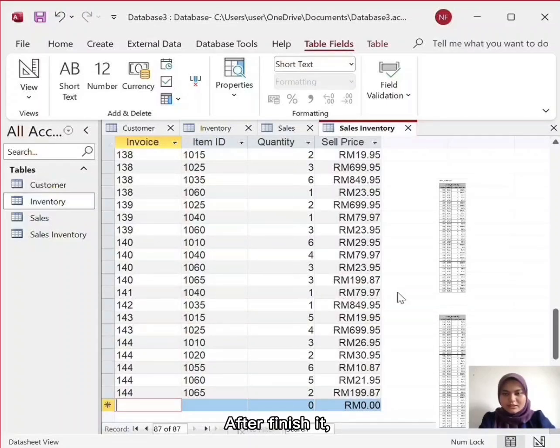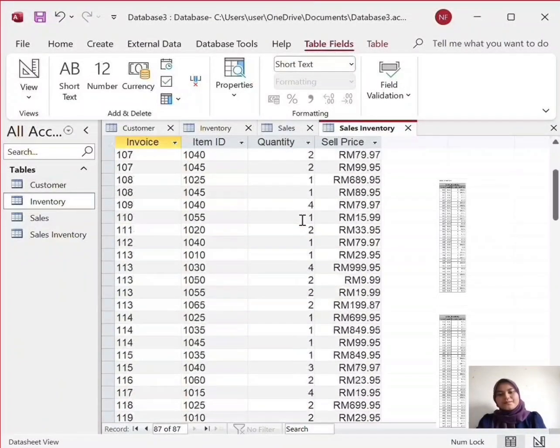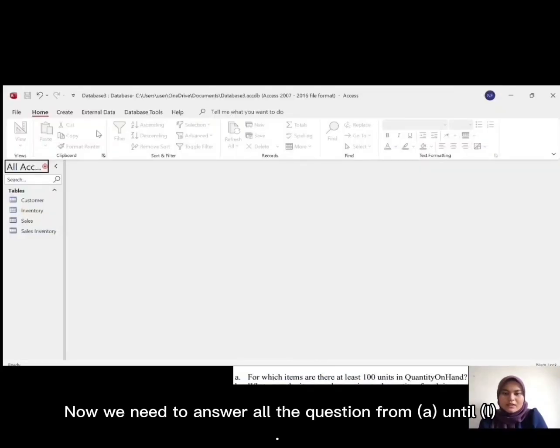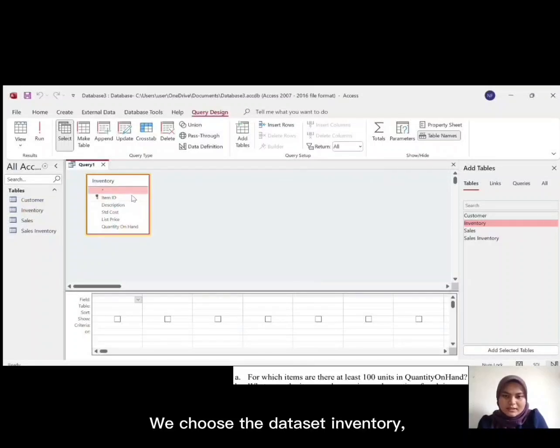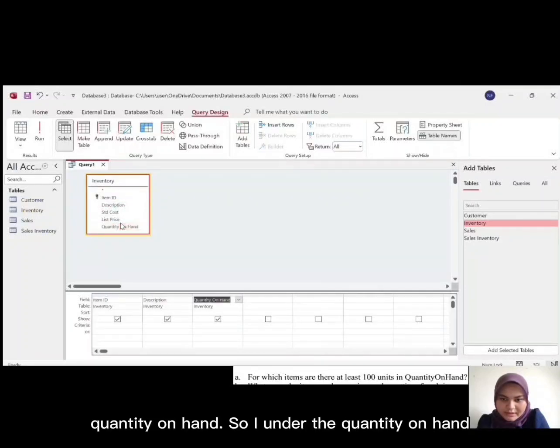So after finishing it, you should answer all the questions from A until L. Okay, this is the data you see. Now we need to answer all the questions from A until L. We choose the data inventory and you click the item ID, description, quantity on hand.